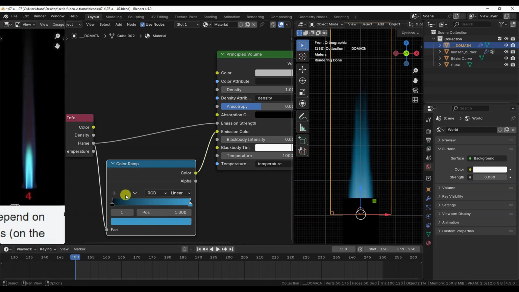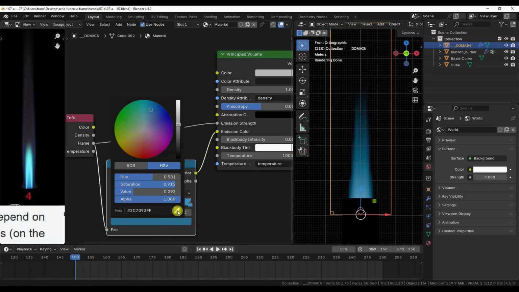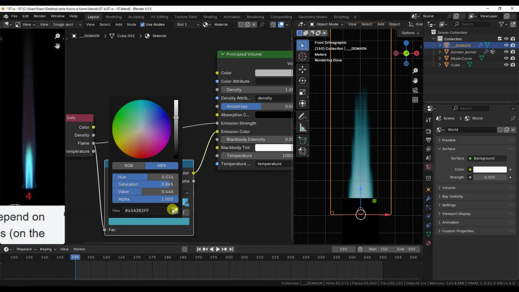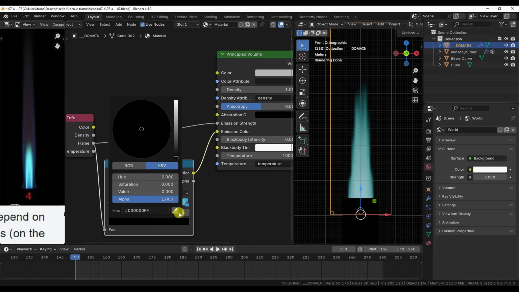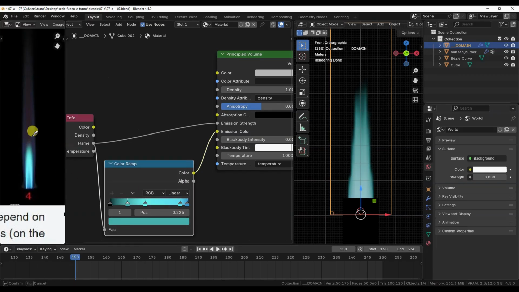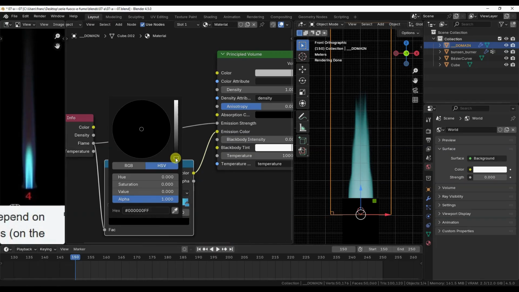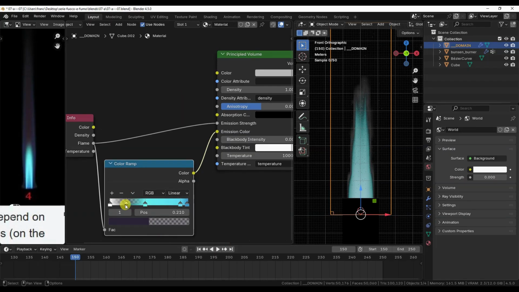At this point, the task is to define the color and transparency levels of the color ramp stops. For this, you can use Blender's color picker to sample colors directly from the reference image. Keep in mind that the colors of the various stops can also include transparency levels, which are very useful for the outer parts of the flame, where you often see a semi-transparent region before the boundary, which is more opaque.